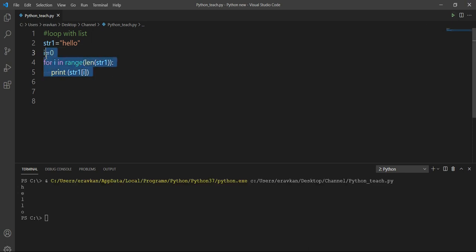print your string. So in brief, you have two ways you can loop through your string or your list: first by using index, second by using value. And for loop is very popular because it is very easy, but in some cases you may have to use the while loop, but for loop is very easy to use. So this was all about the looping concept with list, and I also gave you an example of string as well.